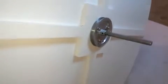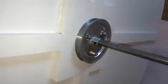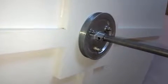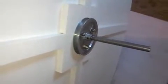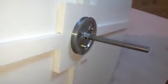Now, the nuts I use on these screws are nylon lock nuts, or sometimes they call them stop nuts. You can get them at any Home Depot or supply place. By the way, I measured the axle. The axle gets cut 10 inches long. That's the total length from the inside all the way out. So, just thought I'd give you a look on that. Now we're going to go ahead and put the bearings into the...